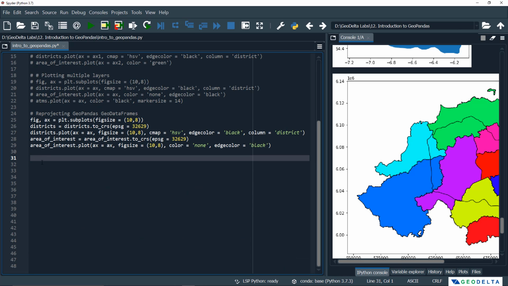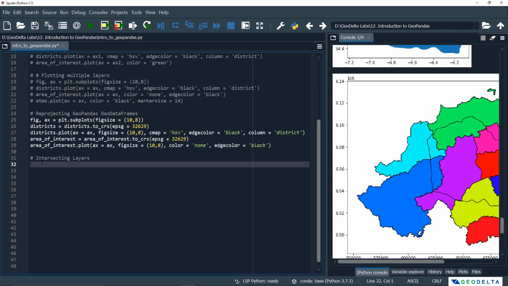Alright, so I'm going to open up a new heading over here saying intersecting layers. The layer which gets generated after the intersection happens, I'm going to name this one as districts in my area of interest. A bit descriptive, but I think since this is a beginner's tutorial, we can still use these kind of long variable names just so that it'll be clear for you guys. And I'm going to say